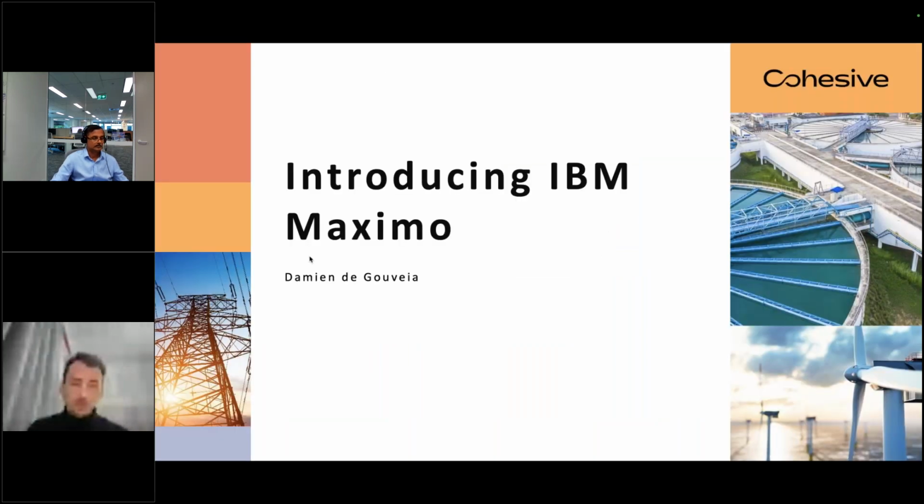Now, again, there are other systems out there. We at Cohesive have access to multiple of them. However, we believe that IBM Maximo does encompass some of those particular elements that we've described earlier on. However, the fundamental principles that I'm going to outline here are still applicable to some of the other systems and can be used as an evaluation. So just as an overview as to what exactly IBM Maximo covers.